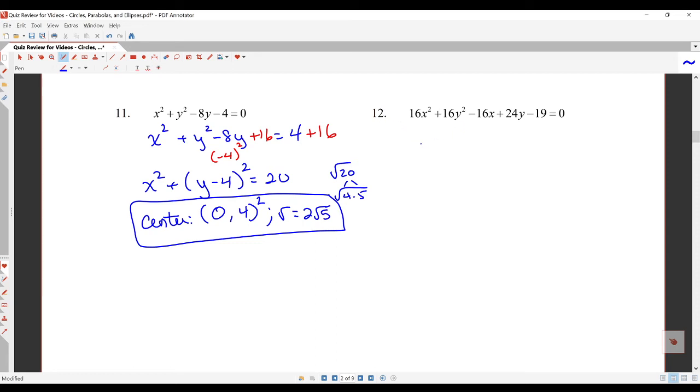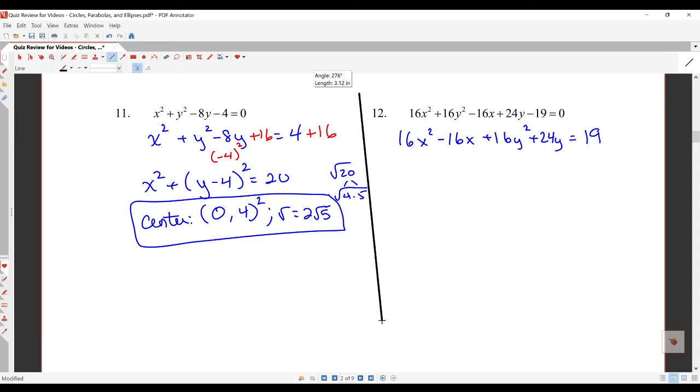Okay, with number 12, a little bit more complicated here. Still the same process though. Gather the x terms, gather the y terms, and equals 19. Now here the difference is we have a coefficient in front of the x squared, so we're going to have to factor that out. I'm going to draw a little bit of a dividing line. All right, so let's take out a 16. That leaves me x squared minus 1x. I'm going to leave a space. Plus 16, that leaves me y squared. Plus, when we divide by 16, I get 24 over 16, and that simplifies to 3/2 y